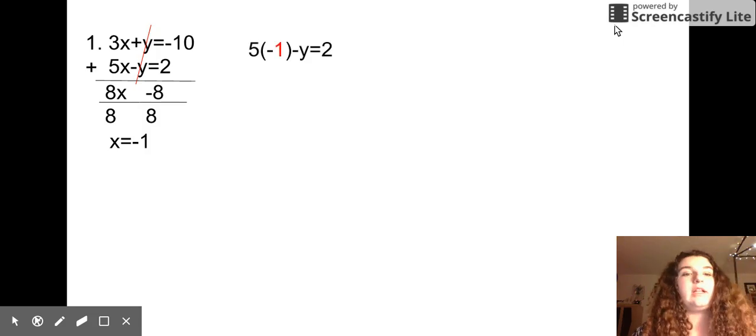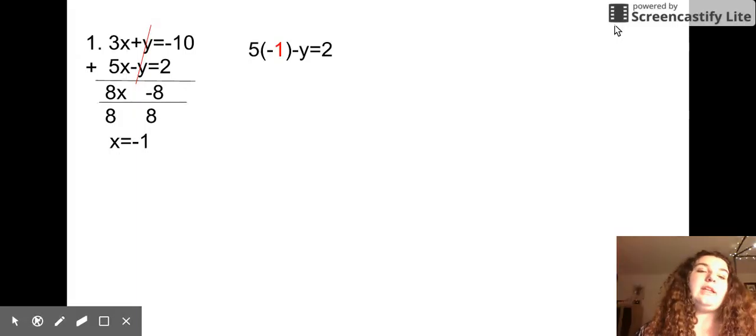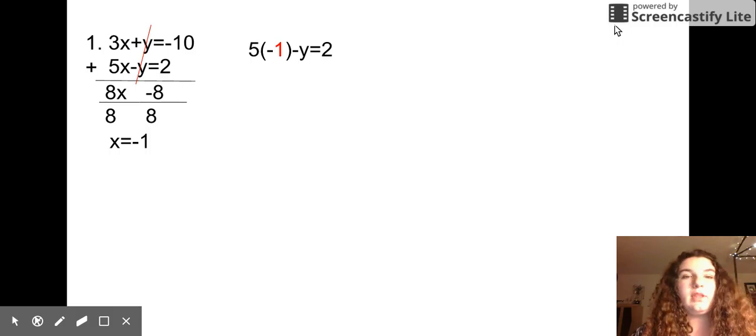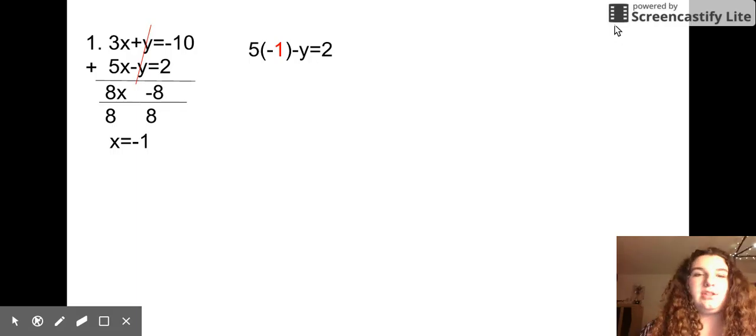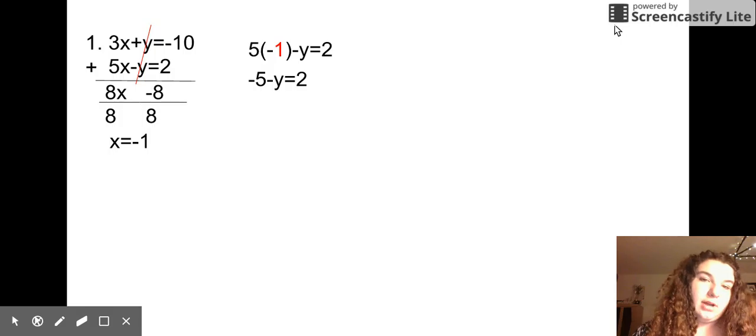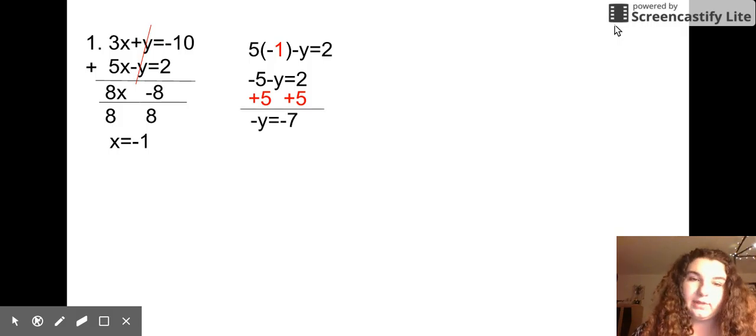So after that, you're going to have to plug it into one of the original equations to find y. So what I did was I just plugged it into 5x take away y equals 2. So I plugged x in and I got 5 times negative 1 take away y equals 2. So the next step is to multiply 5 and negative 1, and that will leave you with negative 5 take away y equals 2. So then you're going to add 5 to each side, and then you will get negative y